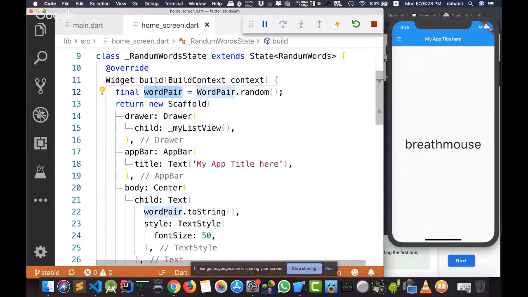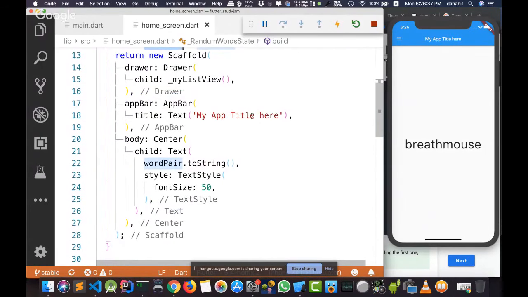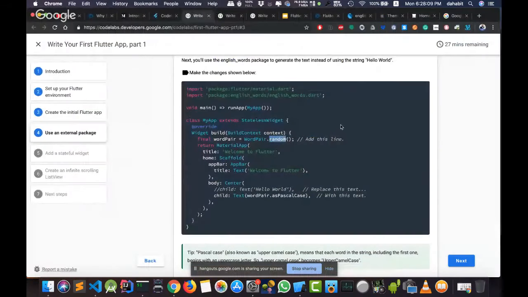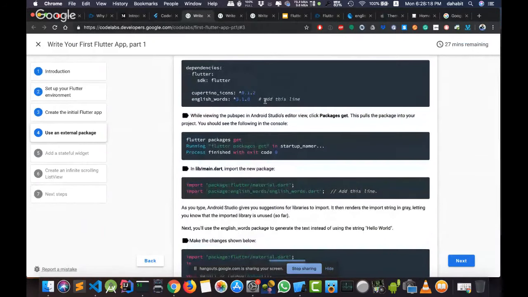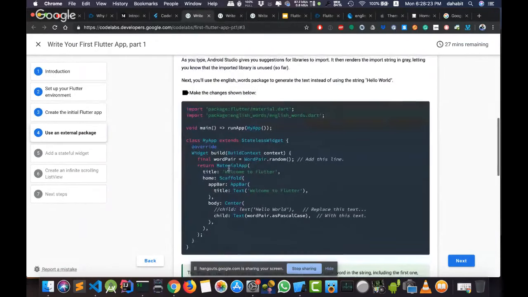If I want to change it, I have to destroy the whole widget and rebuild it again with a new value. I don't want to explain more because I want to stick with the CodeLab, because it will be easier for anyone following or seeing our video later, inshallah ta'ala. He can do the same with the CodeLab. So now, I need to recap what I am doing. I installed a package called English Words, and I added it to my metadata file. And then after that, I imported this package and I defined a variable.